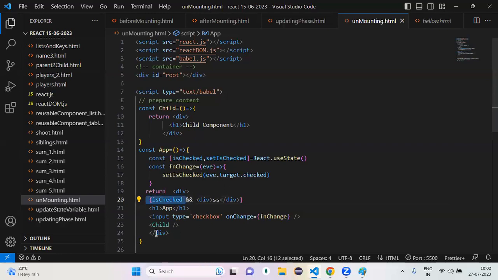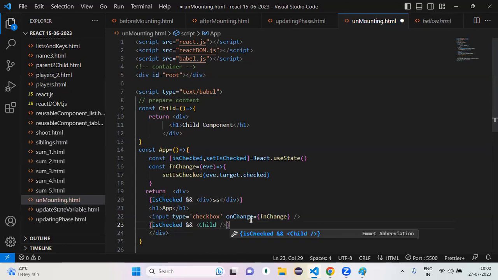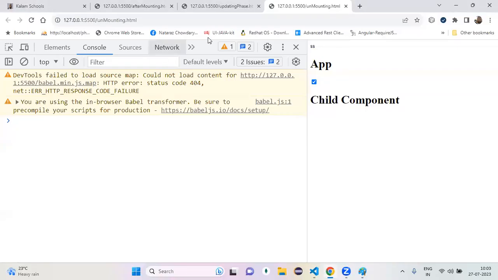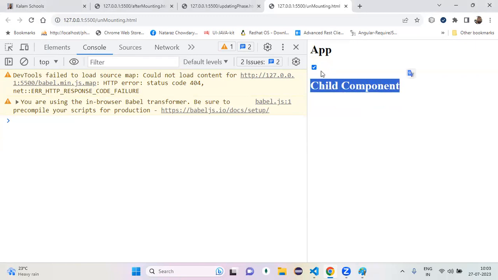Okay, now this isChecked. Where do you want me to place it? Where do you want me to place it? In my child component or not? Can I remove this one? Yes. Okay, now can I refresh the page? First time, this value is what? This value is what? Nothing, means false. Nothing. False. Okay, now if I checked, mounted or not. If I unchecked,